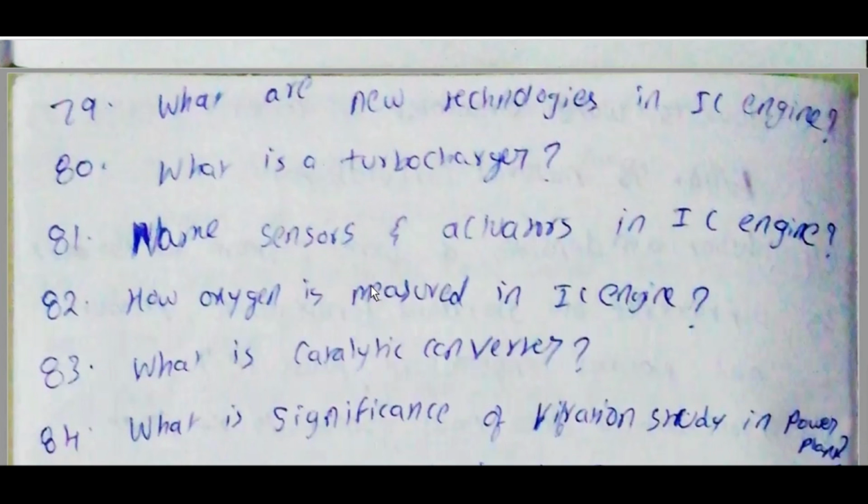What are the new technologies in IC engines? Direct injection, precisely spraying air and fuel directly into the cylinder. Variable valve timing helps to reduce emissions and lower fuel consumption. Turbocharging, as we will discuss next. Hydrogen IC engine is similar to a petrol engine, but hydrogen is used as fuel. Zero emissions from the exhaust, but difficult to store. LPG gas compatibility: all petrol vehicles can be converted to run on LPG. LPG is environmentally friendly and cheaper than petrol.